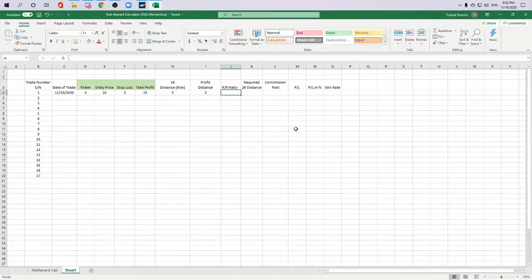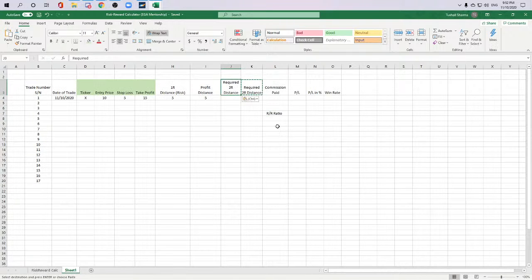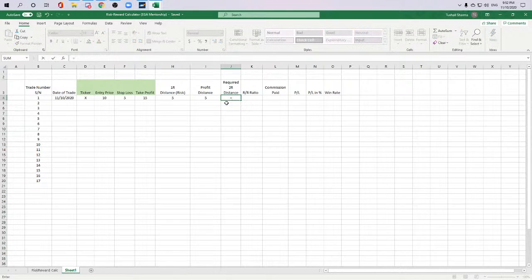Your risk reward ratio, that's, wait, we're missing one column. So let's actually move this here and then move this here. There we go. Much better. Your required 2 hour distance is always going to be equal to your 1 hour distance times 2, right? Simple. And your risk to reward ratio is equal to your 2 hour distance divided by your 1 hour distance,